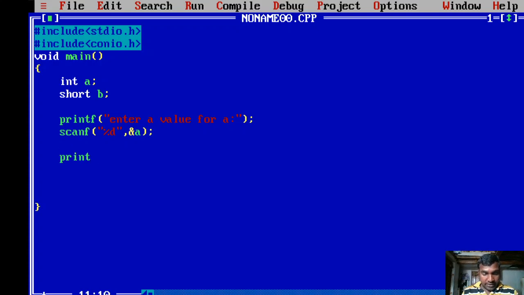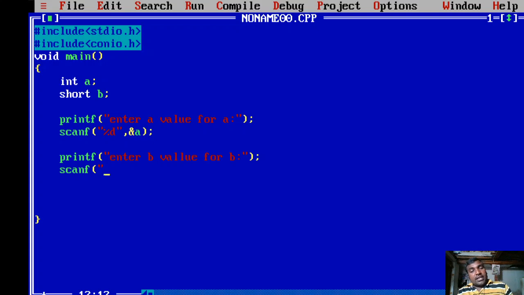Now again I am trying to read one more variable of short type. Enter b value for variable b. So here scanf.